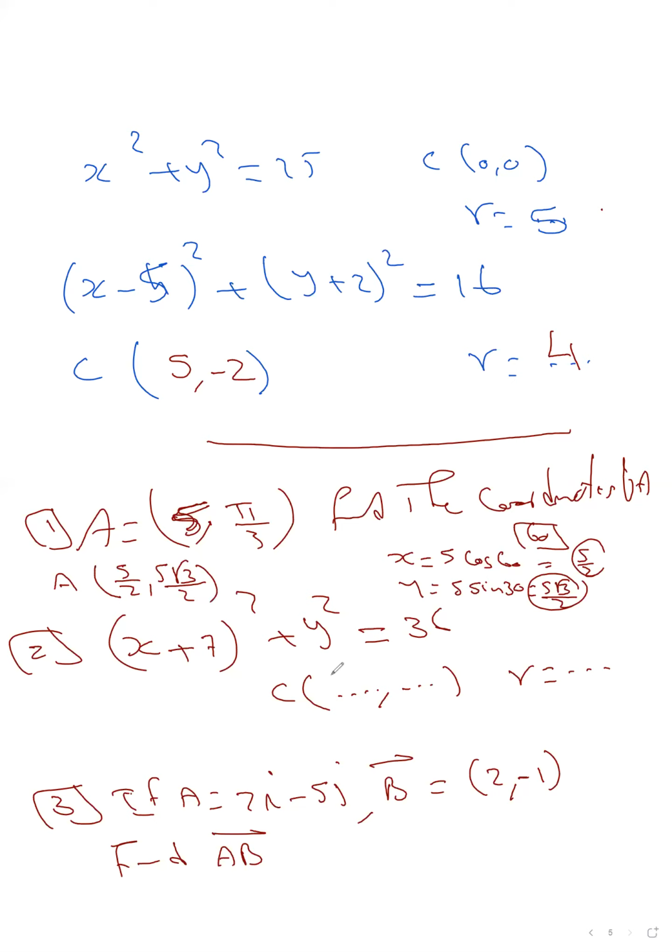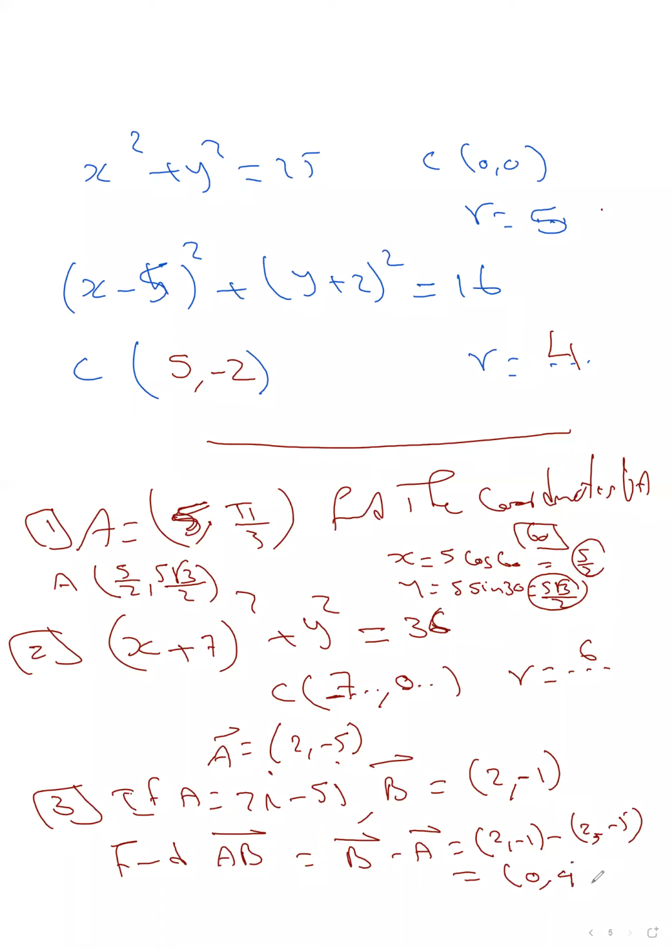اوكي، بعدها السنتر negative 7 and 0 والراديوس كام؟ 6. فيكتور A equals 2 and negative 5 وفيكتور B equals 2 and negative 1. عايز AB which is B minus A، يعني 2 and negative 1 minus 2 and negative 5 يطلع 0 and 4. اوكي